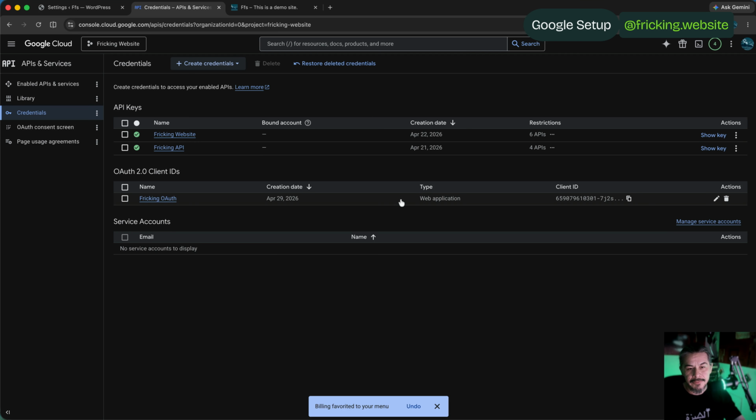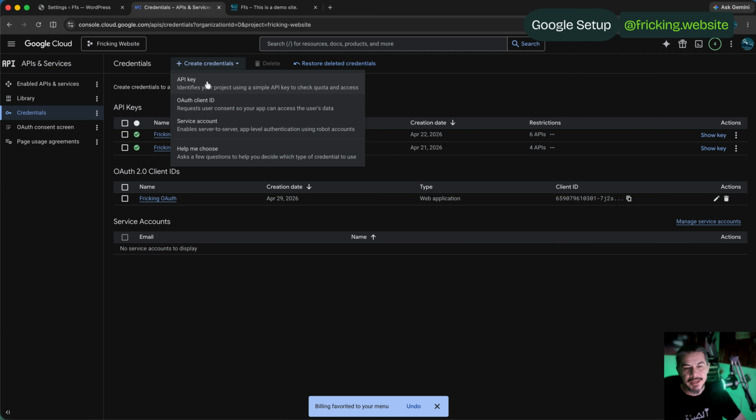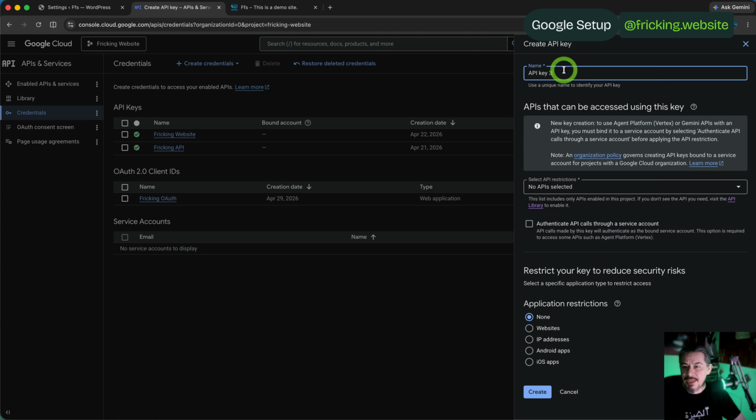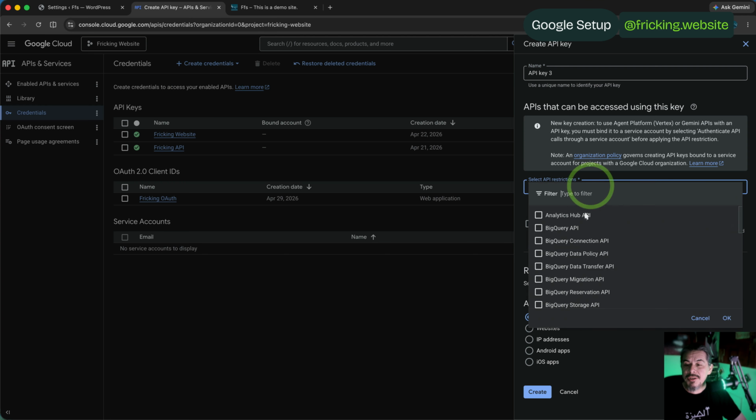Because I already created a few before, I already have a table. Yours might be blank, of course. And you're going to go to create credentials at the very top. You're going to select API key, and then you're going to name your API, and then you're going to select